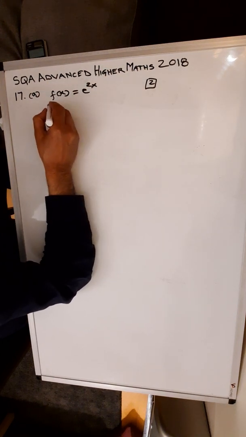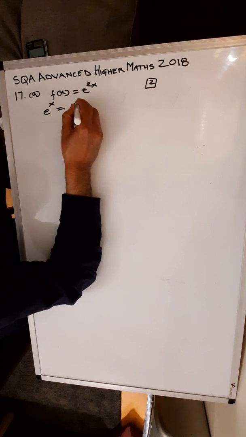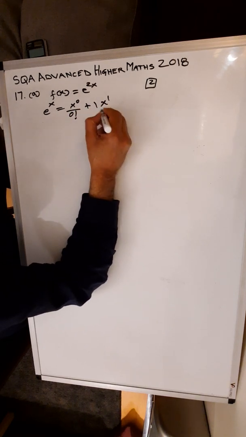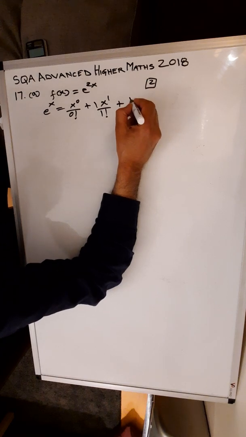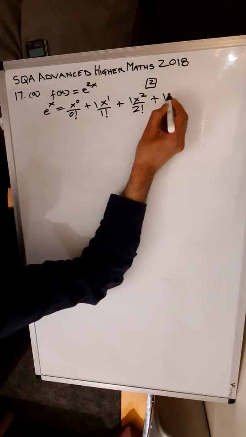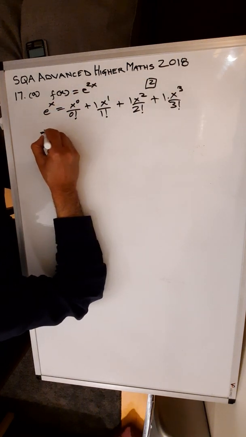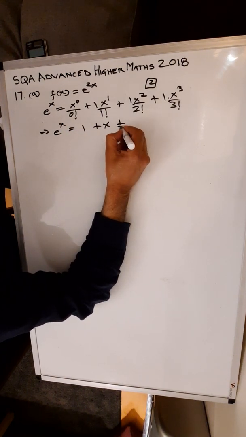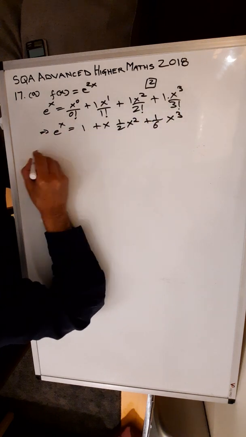If you work it out, write down the Maclaurin expansion for e to the x first. x to the 0 over 0 factorial plus 1 times x to the 1 over 1 factorial plus 1 times x squared over 2 factorial plus 1 times x cubed over 3 factorial, which means that e to the x is 1 plus x plus a half x squared plus 1 over 6 x cubed, which then means